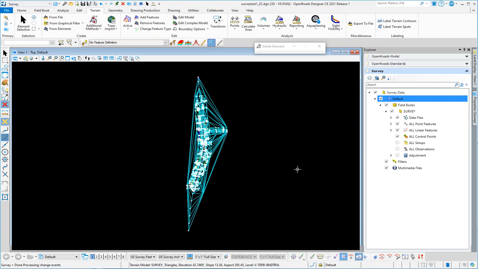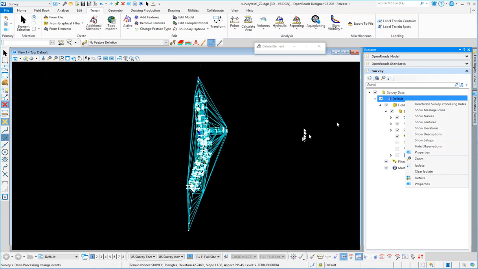That sort of solves the mystery of why we kept deleting the terrains. Clearly, it wasn't in there. Then creating it, and clearly it was in there, but we couldn't see it. So it had to do with the survey processing rules here. Before I get into that, I want to cover something else that hits another question you had,